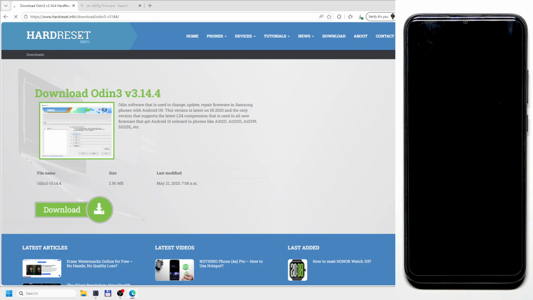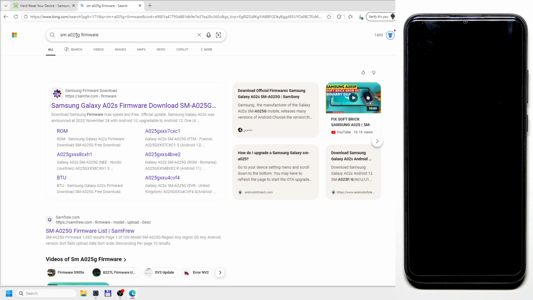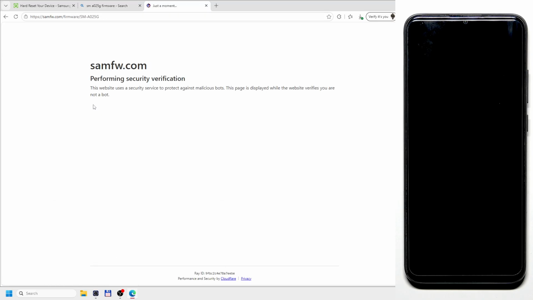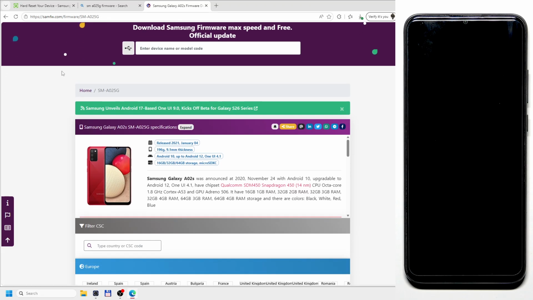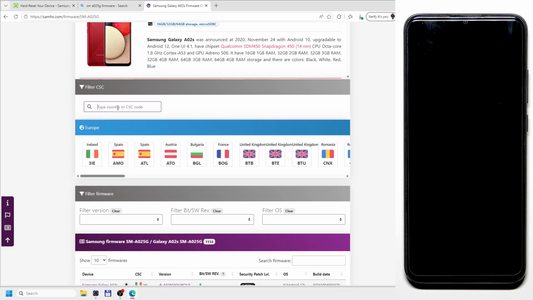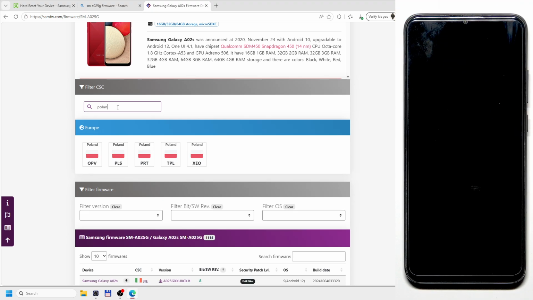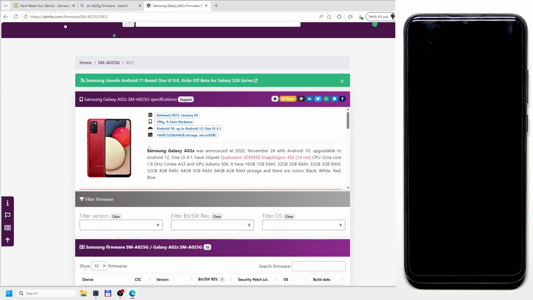Then open up a new tab, type SM-A025G firmware. I highly recommend to use this page, samfw.com. Click on that. The page will load. In here, scroll down, type your country or CSC code. I have the Polish version, so I'll type Poland, and I'll select XEO, because that's the non-branded version of the